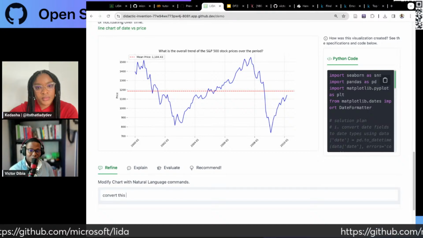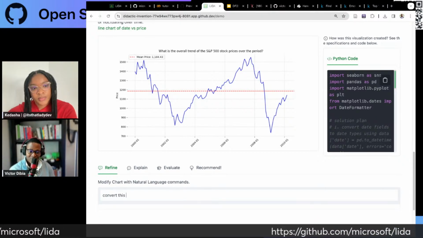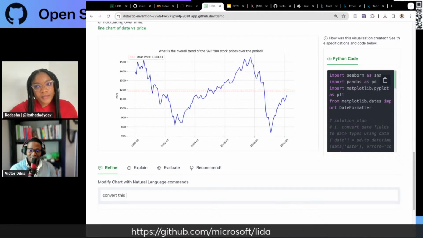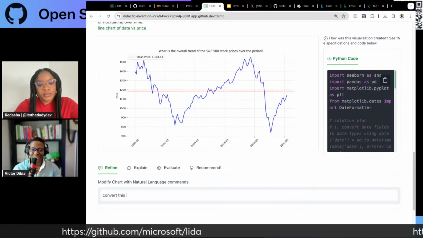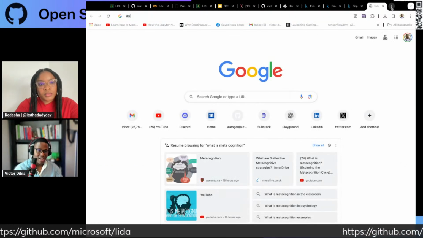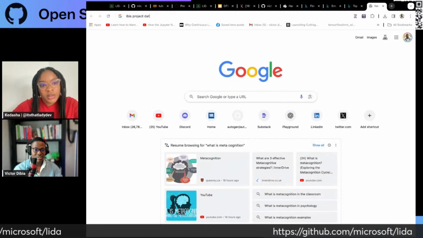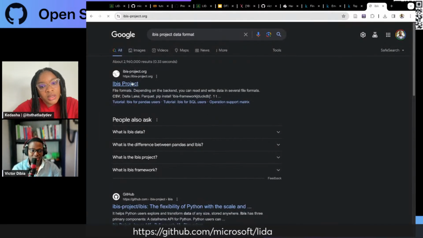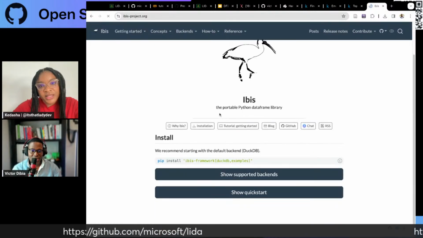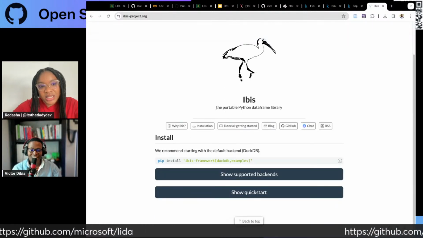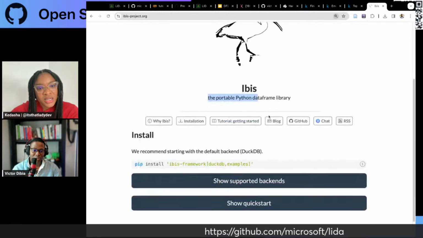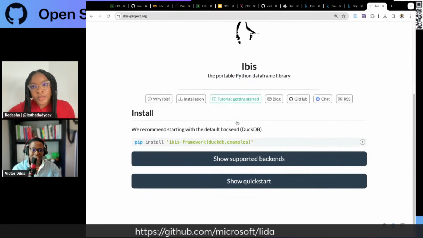I've heard a lot of good things about Project Ibis, which is another upcoming open source project. It's the one with the little geese. It's meant to be a portable data frame library, and the idea is